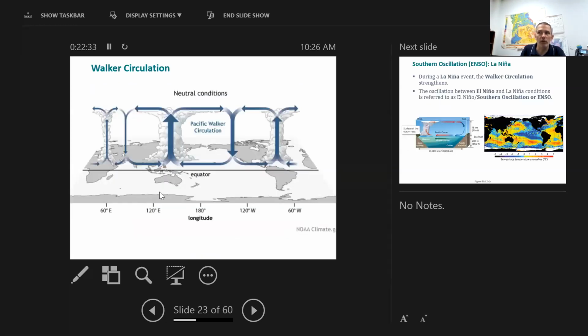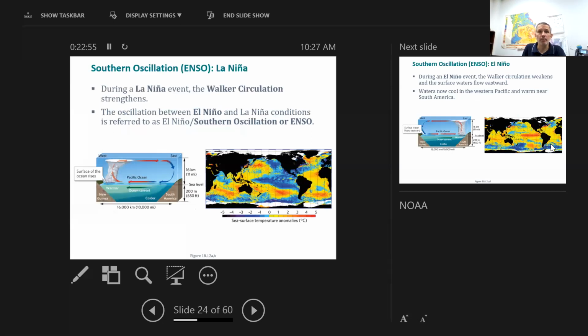And this is under neutral conditions, what's happening with these land-water interfaces. And this is a real big influence because directly associated with these Walker circulations are variances on these Walker circulations. The first one that we're going to be talking about is